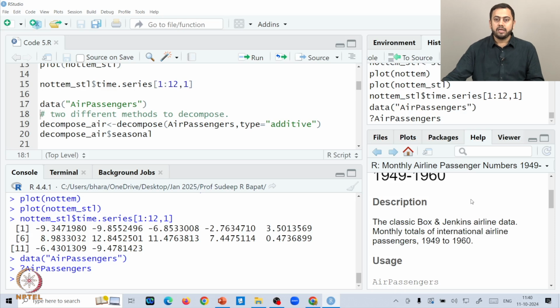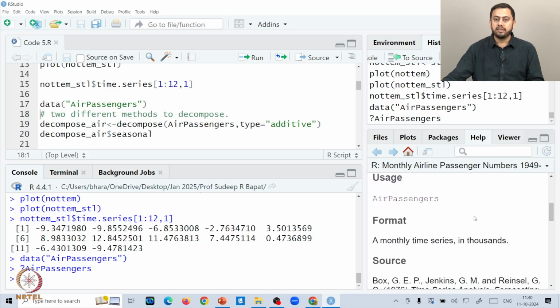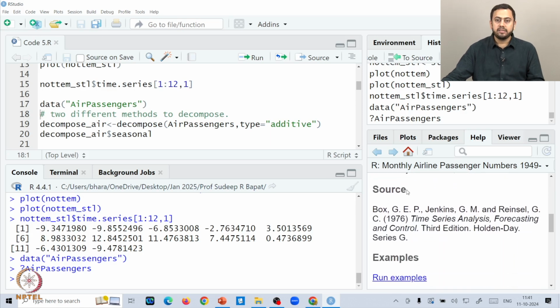Then the usage and the format: this is a monthly time series in thousands. Lastly, the source is Box, Jenkins and Reinsel, a book called Time Series Analysis, Forecasting and Control.